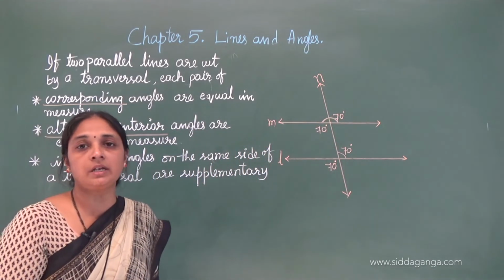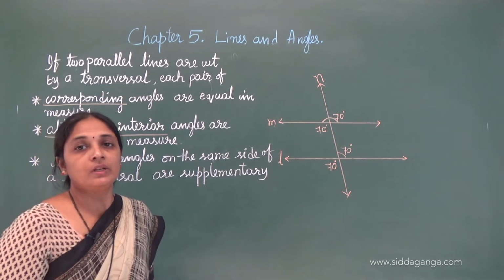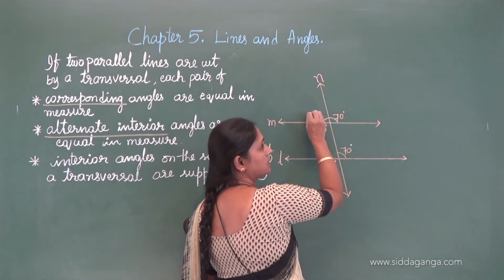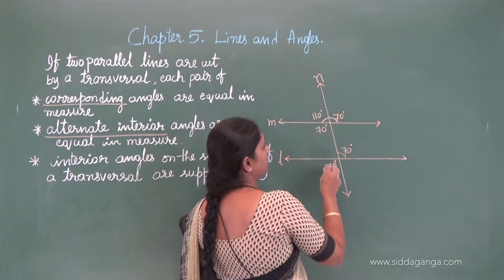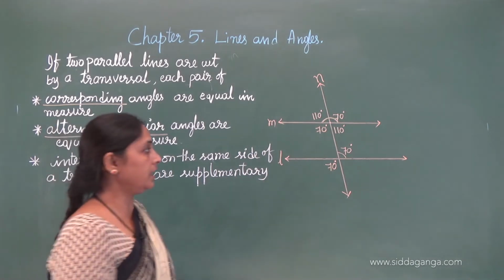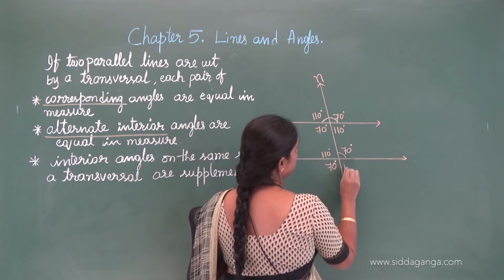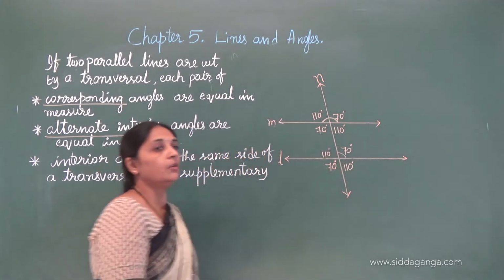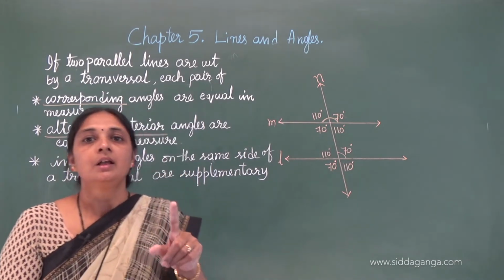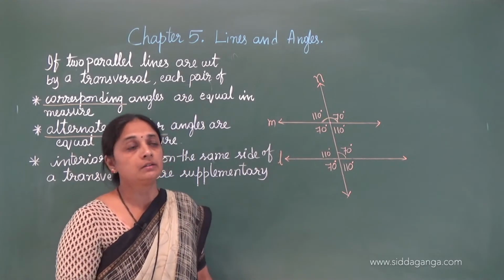They should be adjacent, and the sum of those two angles must be equal to 180 degrees. Then what about this angle? If it is 70 degrees, this must be 110 degrees, and the vertically opposite angle should be 110 degrees, and these are the corresponding angles. This is 110 degrees, 110 degrees. With the help of only one angle, the measure of one angle, we can find all the angles when given.